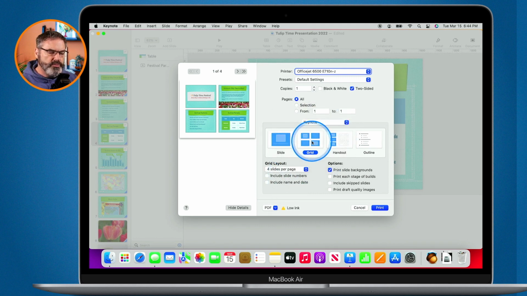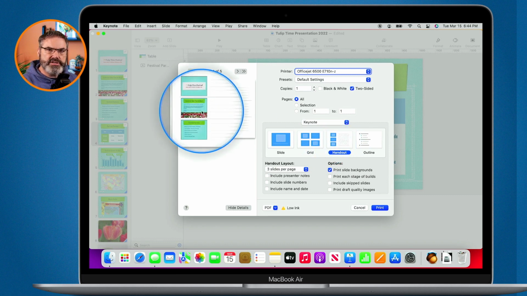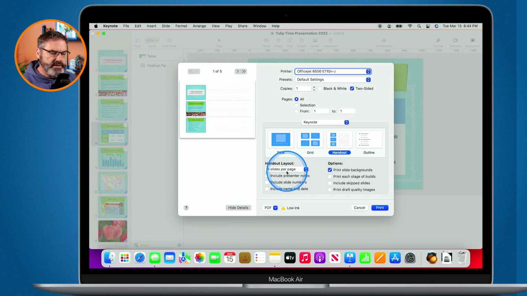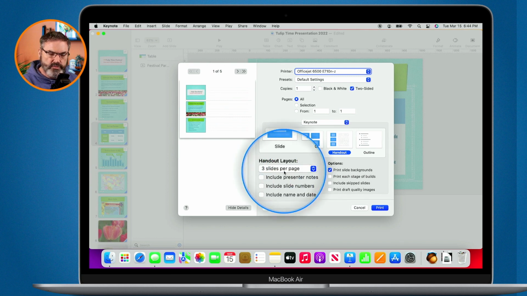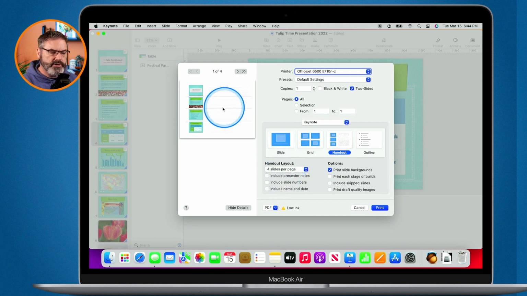We can also print it out as a handout. When I select this, what I'm able to do is print it out as a handout. This is what I would hand out to the attendees as an example. From here, I can select how many per page again. Right now, it's set for 3, but if I wanted to increase that to 4, I can now see 4